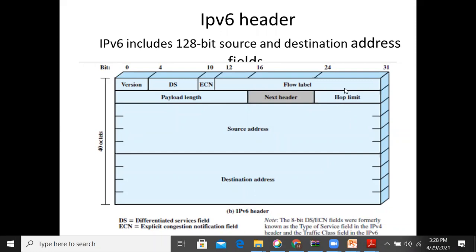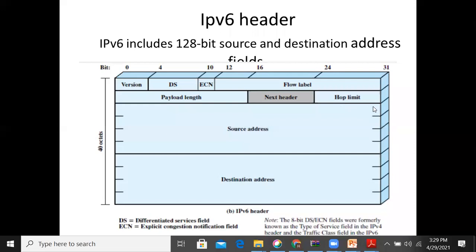So this is to avoid the looping of the packets. The same packet may loop in the network and again go through a number of routers, because there is a huge network with a huge number of routers. So there may be chances that the same packet is repeated again and again in the network. To avoid the looping of the packets, we mention how many hops it has to cross to reach the destination.